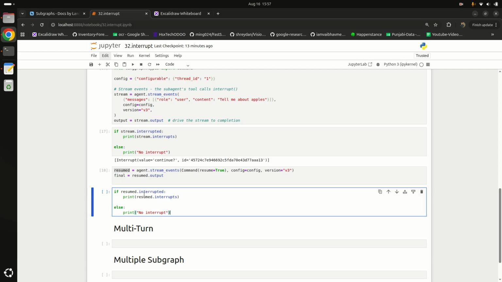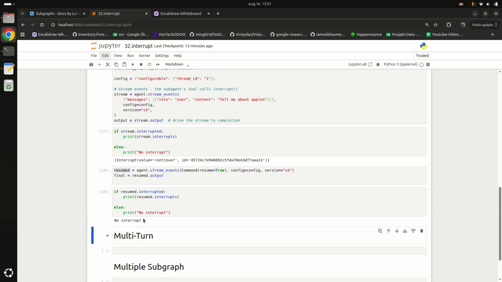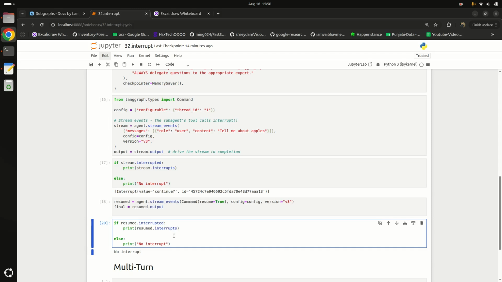If resume.interrupted, print resume.interrupts, otherwise print no interrupt. Let's run it. This time there is no interrupt. This is just the introduction and basics of how interrupts work in LangGraph. When we use this concept in our actual project, then you will know it better, so you don't need to worry about that.